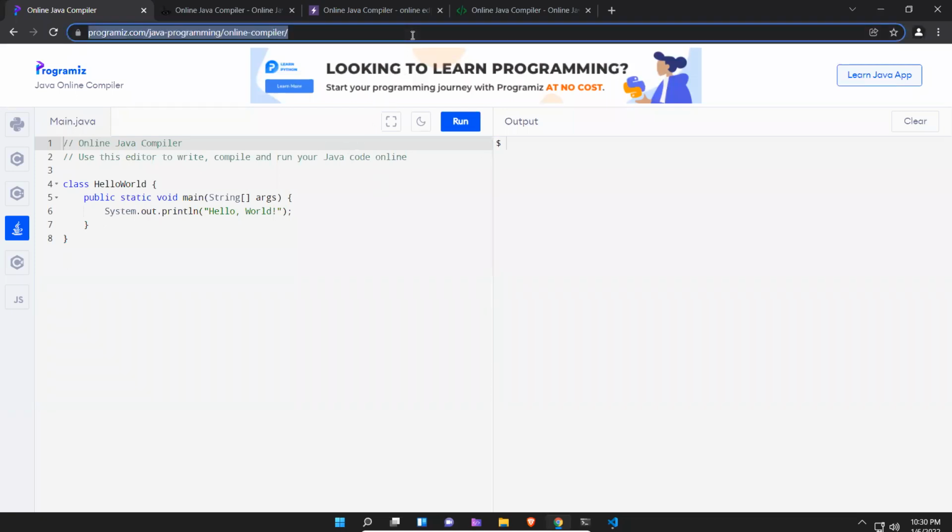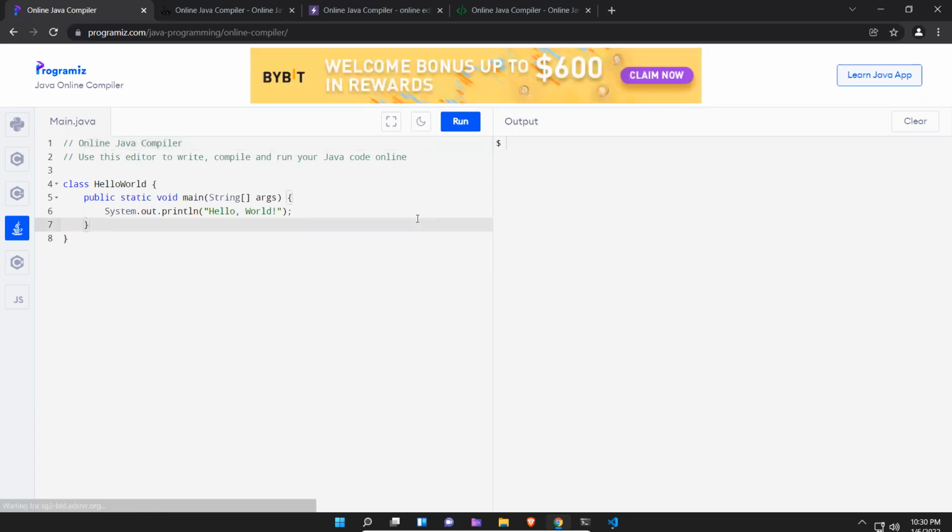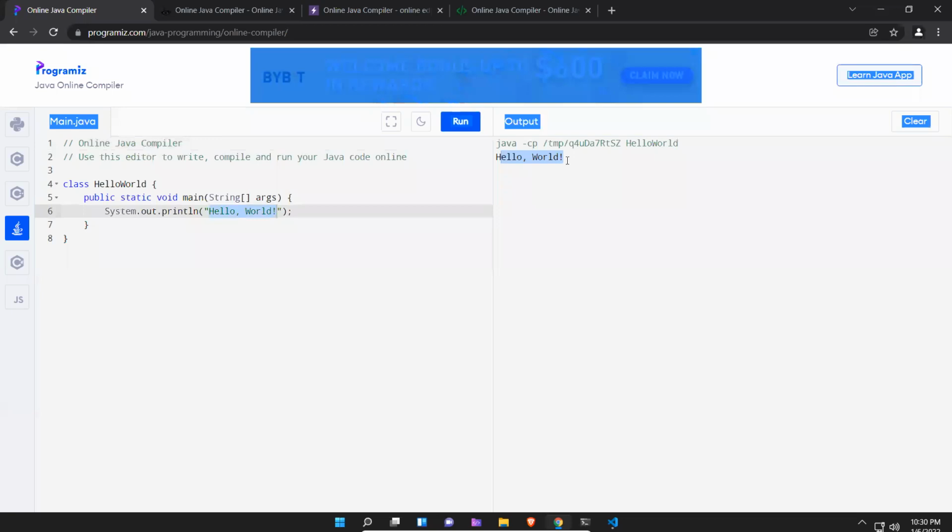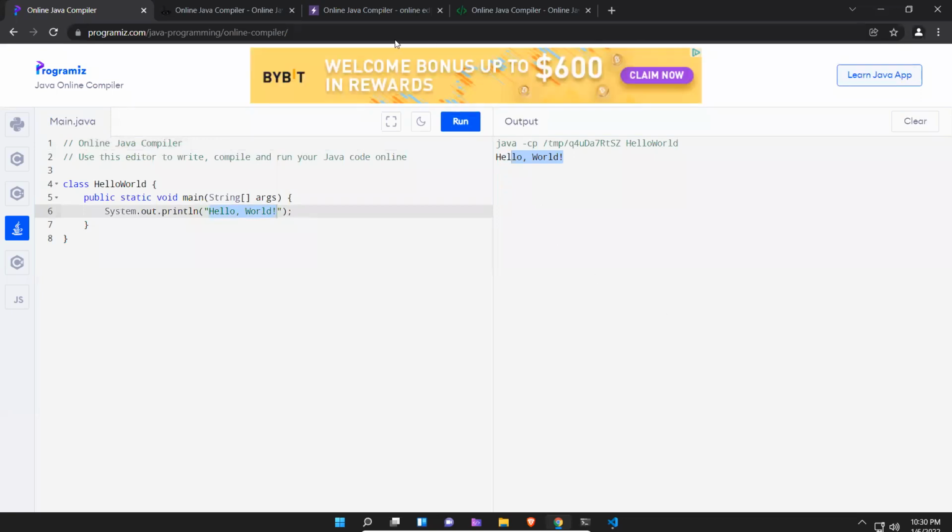This is one of them, programmiz.com/java-programming/online-compiler. On the left-hand side, you write the Java program, just click on run, and the output will be displayed here. You see, hello world. We are asking to print hello world, and it is printing here. And there are n number of online compilers.